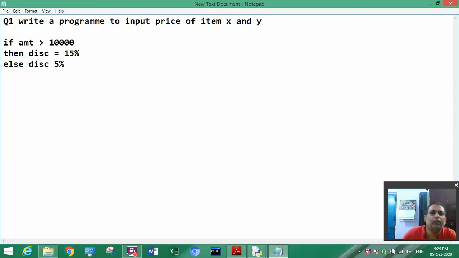So this program you can try to make clear the if else statement. Enter the price of one item, enter the price of another item, two item prices, and calculate the amount, price 1 plus price 2, and check if the amount is more than 10,000, then give the discount of 15%, and print the final price.